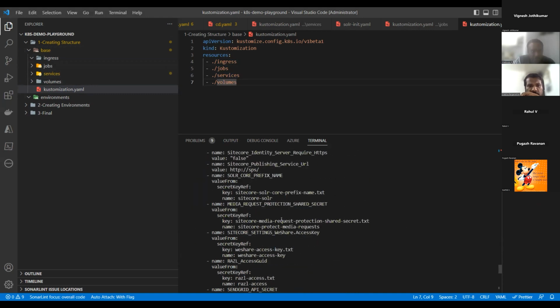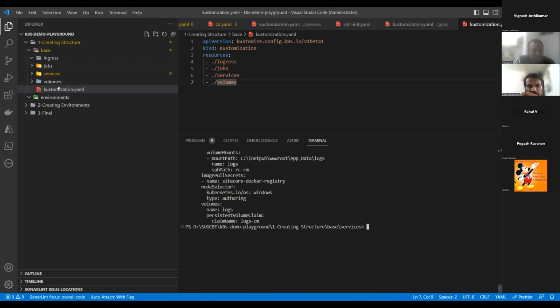So when I run the customize command against the root customization file, it will consolidate all the resource files from this folder, and it will produce one single file. Say, for example,